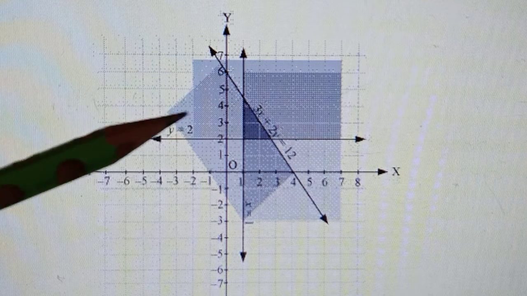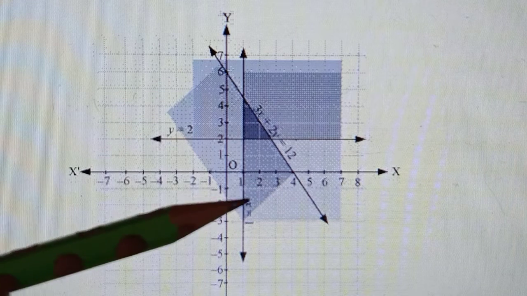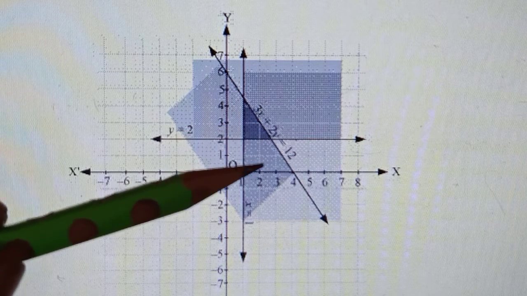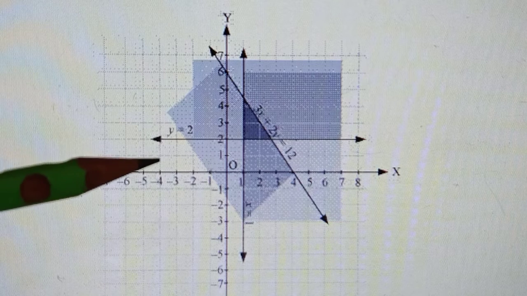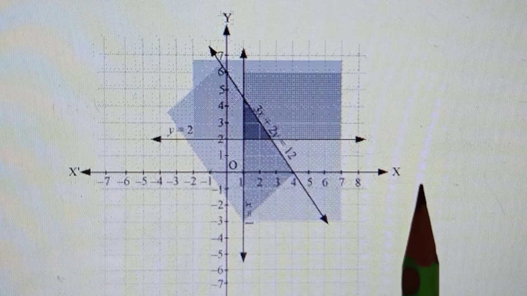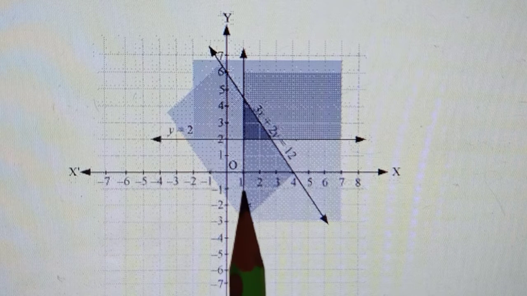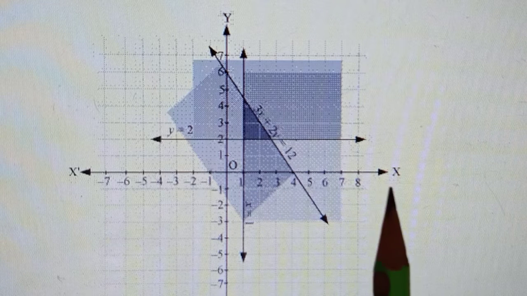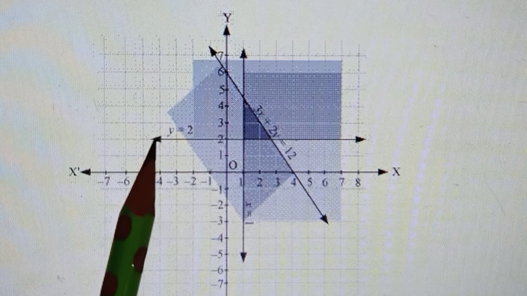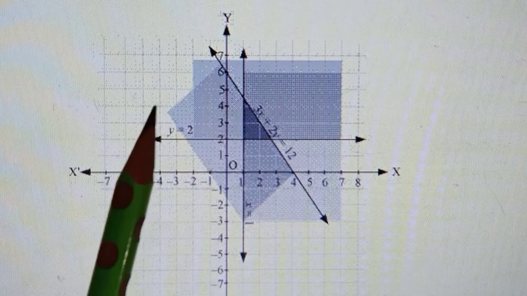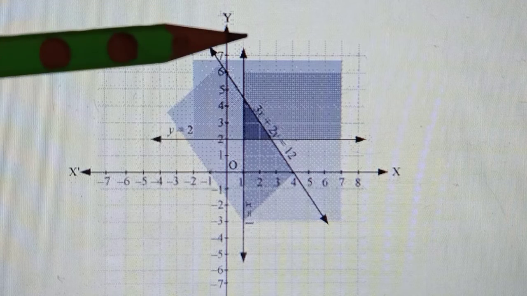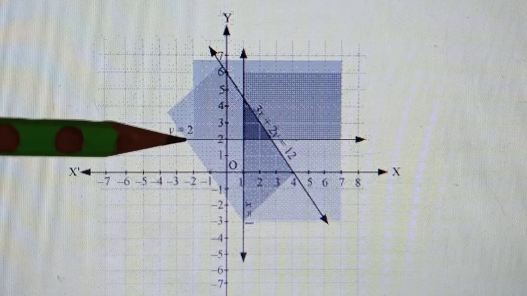All right, they've shown you three different shadings. This rectangular-type shading is denoting the shading for the first inequality, 3x plus 2y is smaller than or equal to 12. Then the second was x is greater than or equal to 1. So this is the region where all these x's are greater than 1; these x's are smaller than 1, and this is x greater than 1. So on the right-hand side of this line there will be shading, right? Next came the inequality y is greater than or equal to 2. So this is the region where y is greater than 2. All this region is where y is greater than 2. So we will shade above the line.